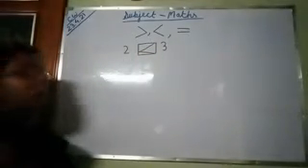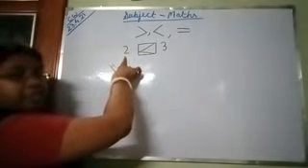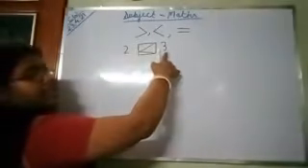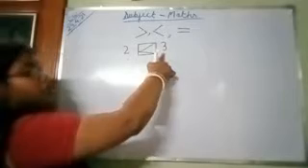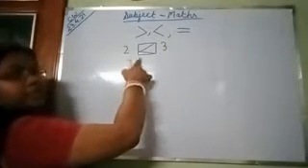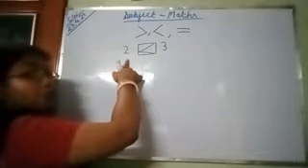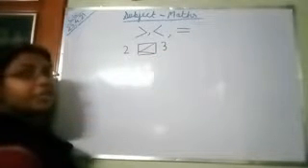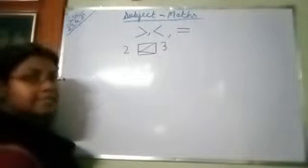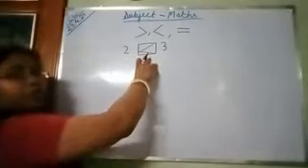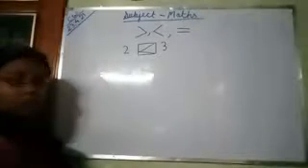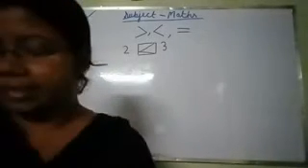What have I taught? We look at the first number. If the first number is smaller and the second number is more, we will read it as 2 is less than 3. What do we read? 2 is less than 3. This is the sign of less than. Suppose, okay, I will show you the ice cream.